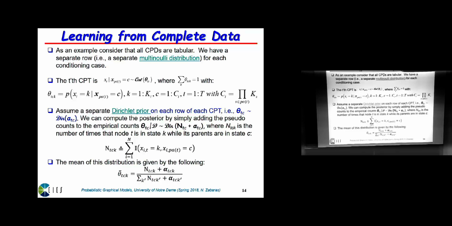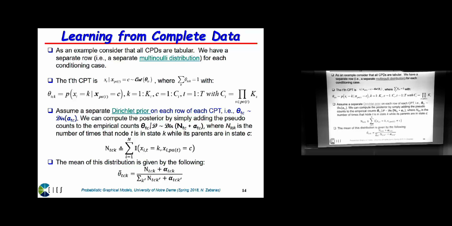All right? So basically, you can think each row corresponding to the values of the parents, okay? And then what you do is you fit a categorical distribution, okay? So the probability of t, given its parents being in state c, is a categorical distribution. And obviously,